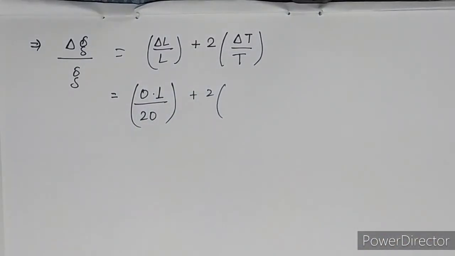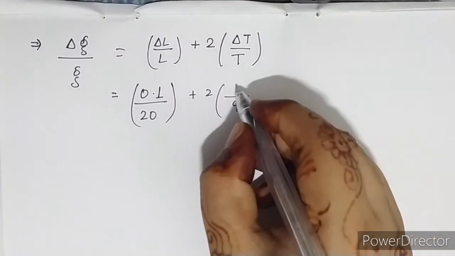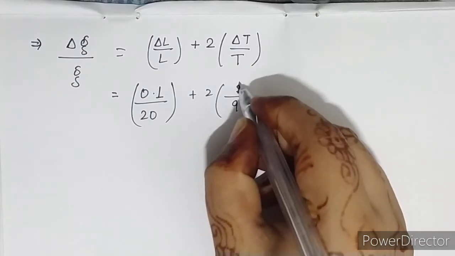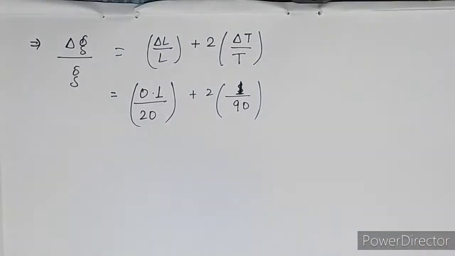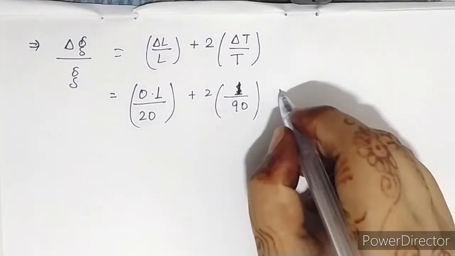Again we have taken the time for 100 oscillations. For the measured value of 90 second, we have calculated the resolution from the wristwatch of 1 second. Clear? We have to solve this value, beta. So when you have solved this, then you get the value